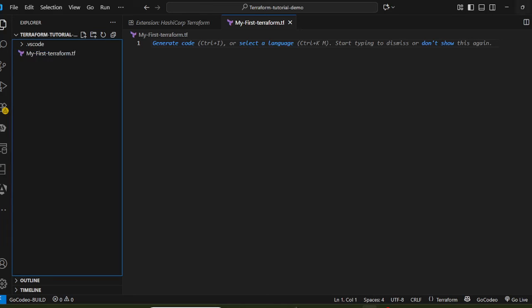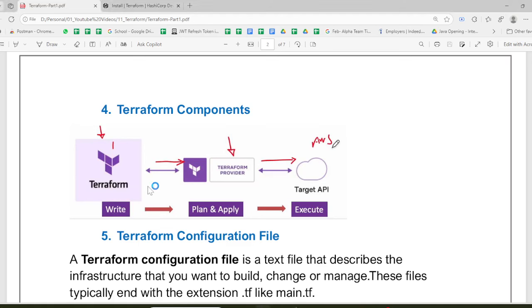Okay, so that's the one thing. So what are the overall components of Terraform? In Terraform, we write code on our local machine. This is the local machine. One key concept of Terraform is providers. Basically we have a list of providers like AWS,